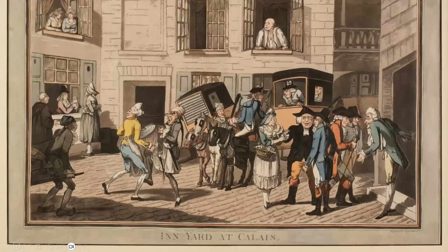If you weren't so wealthy, you would arrive there on foot, and you could get on a ship in London on the Thames, in the centre of London, and sail off to France. When you arrived there, you'll be looking for